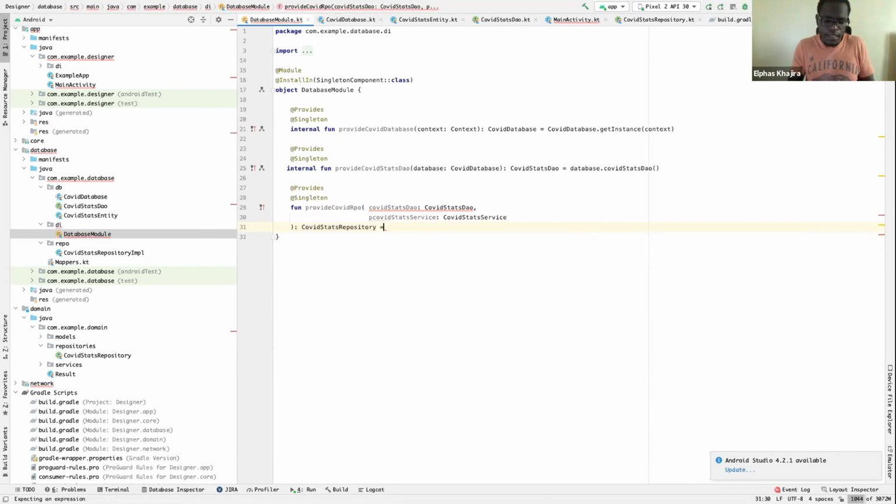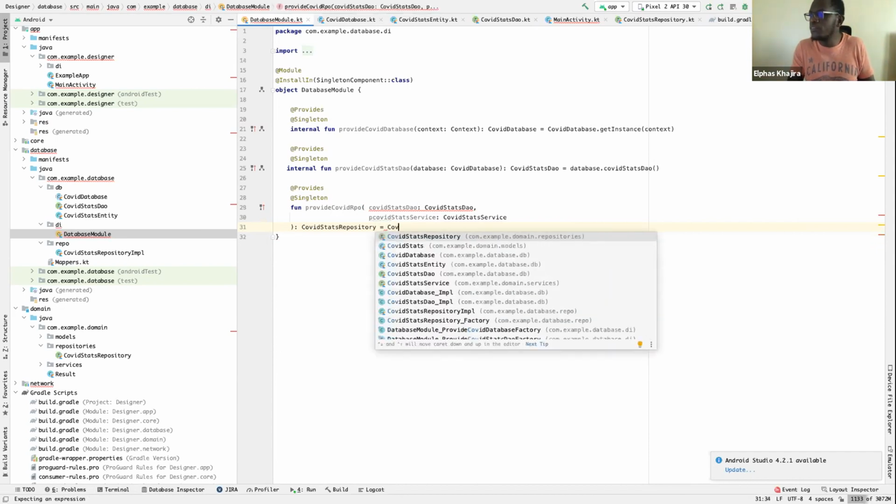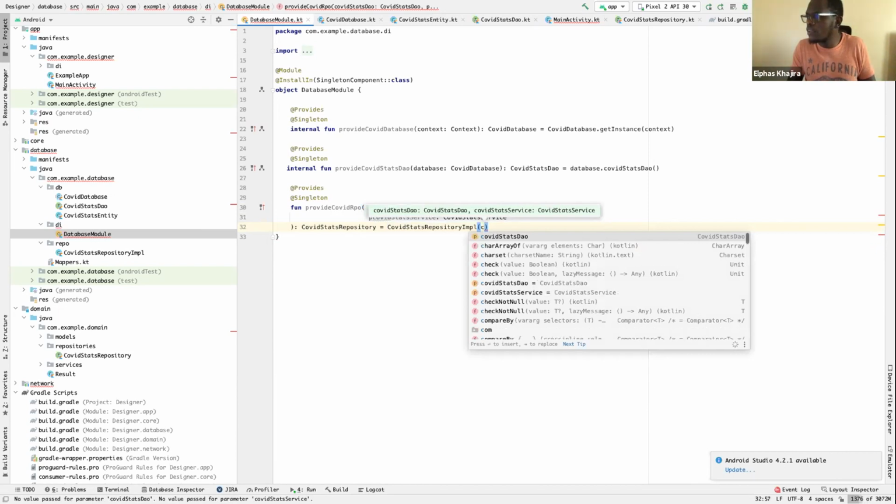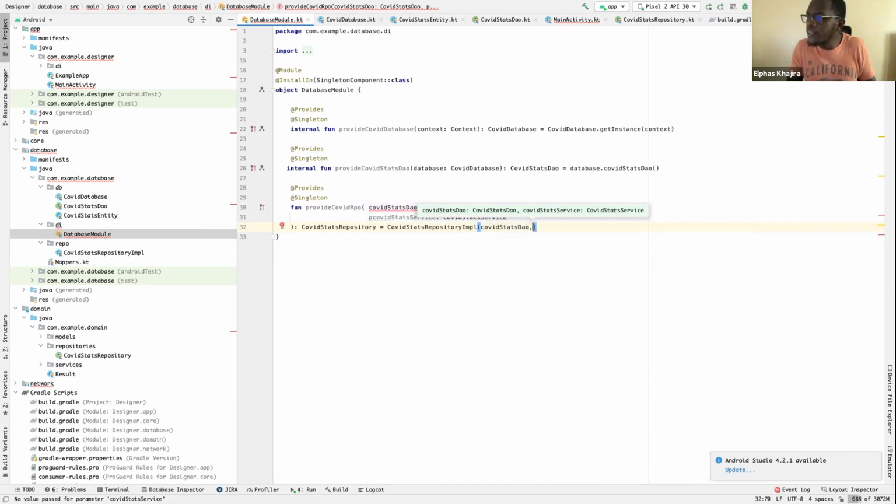And then we need to map it to the implementation, COVID repository impl, and pass our COVID DAO, and COVID service. And of course, because this is internal, we also have to do the same here.